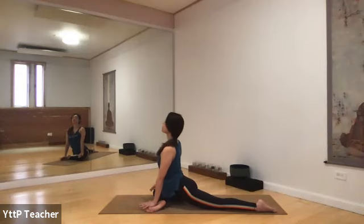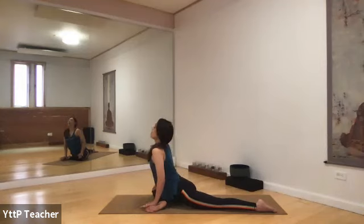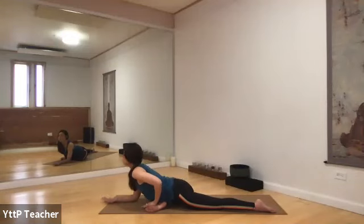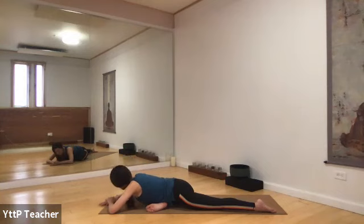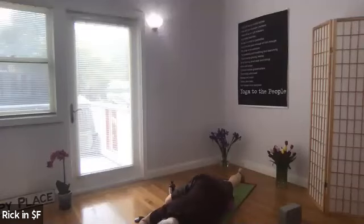Inhale, lengthen through the chin and the chest. Exhale, lengthen yourself forward. Capture the head with the hands, or allow it to rest on a pillow maybe, or the mat. And listen for your heart. And listen for the breath. And notice